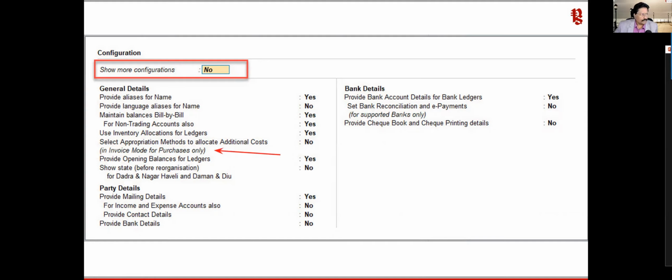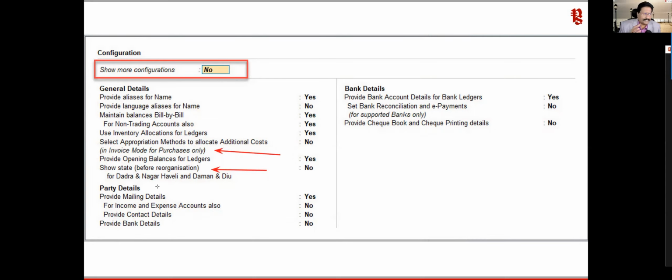Now the other options are very simple, and mostly they are related to your party accounts, that is your sundry debtors, sundry creditors, and other accounts. So one is here. If you see here, there is this option, show state before reorganization of.